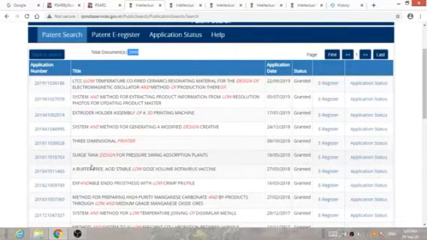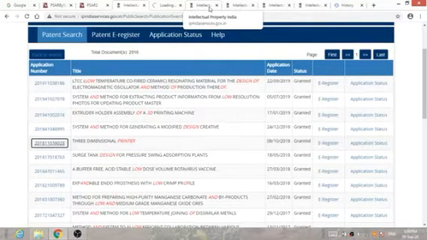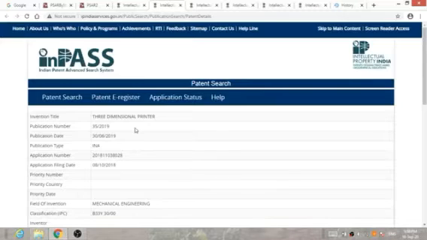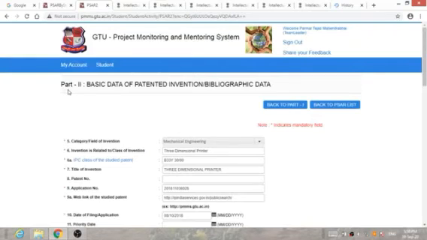Let me choose this 3-dimensional printer. I will click on application number. From here I will get the answers that I have to fill in part number 2.